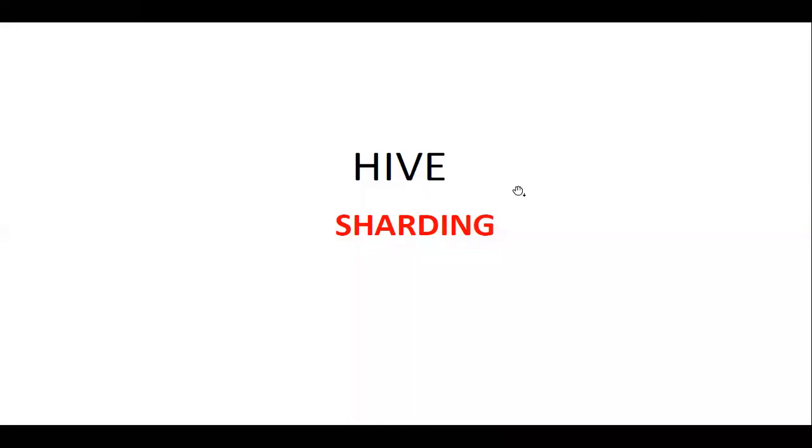Hive sharding is a concept mainly used in the Hive environment to manage all sorts of data. As you know, Hive is a data warehousing infrastructure tool used in the Hadoop environment.